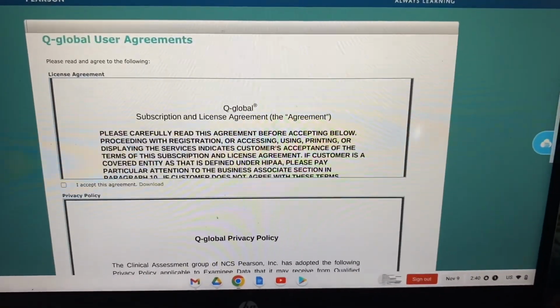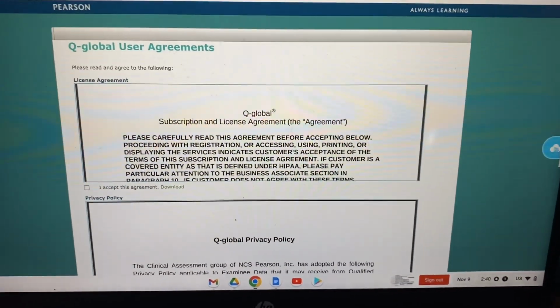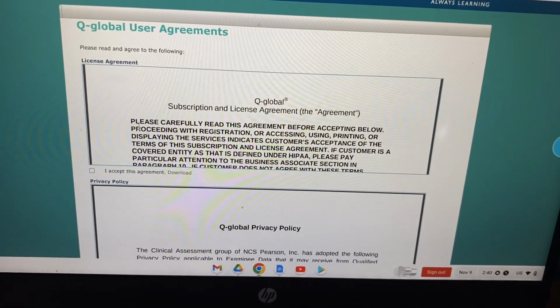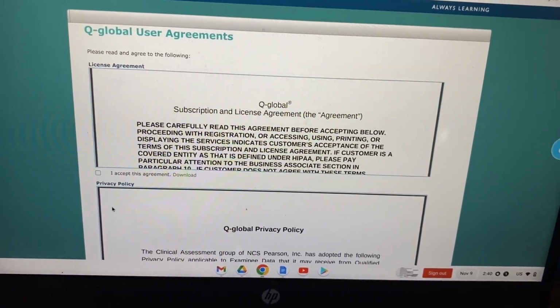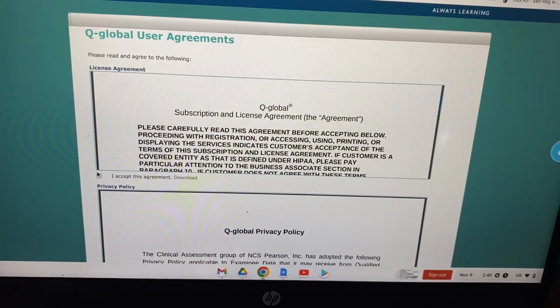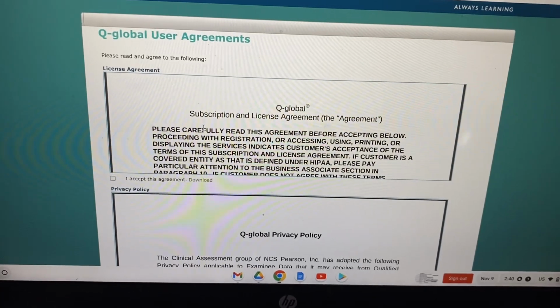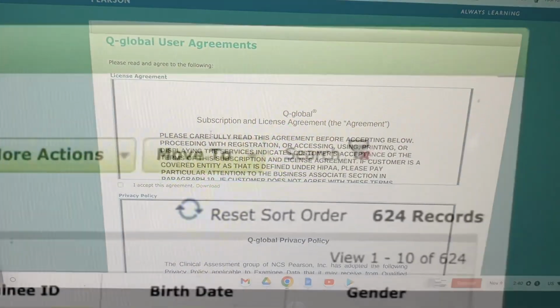Going to see how well this works. And I'm going to try just making a quick little video demo. So if you've never signed in before, you do have to sign the user agreements. So I'm just going to read through these, click them, and then I'll show you what you'll usually see when